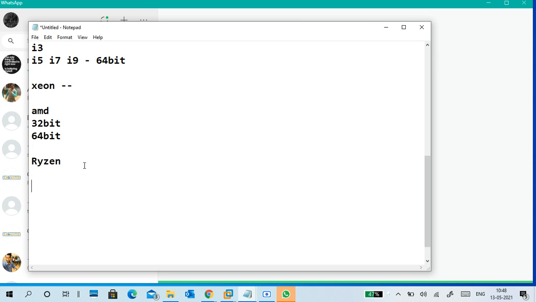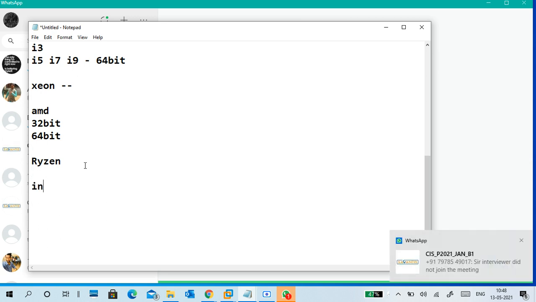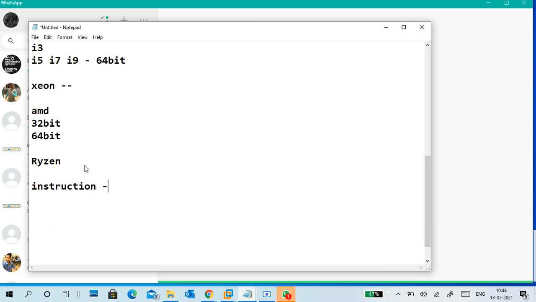Instruction. Every processor has an instruction set. Do you remember CISC? Complex instruction set computing. RISC, reduced instruction set computing, is nothing but instruction set only.